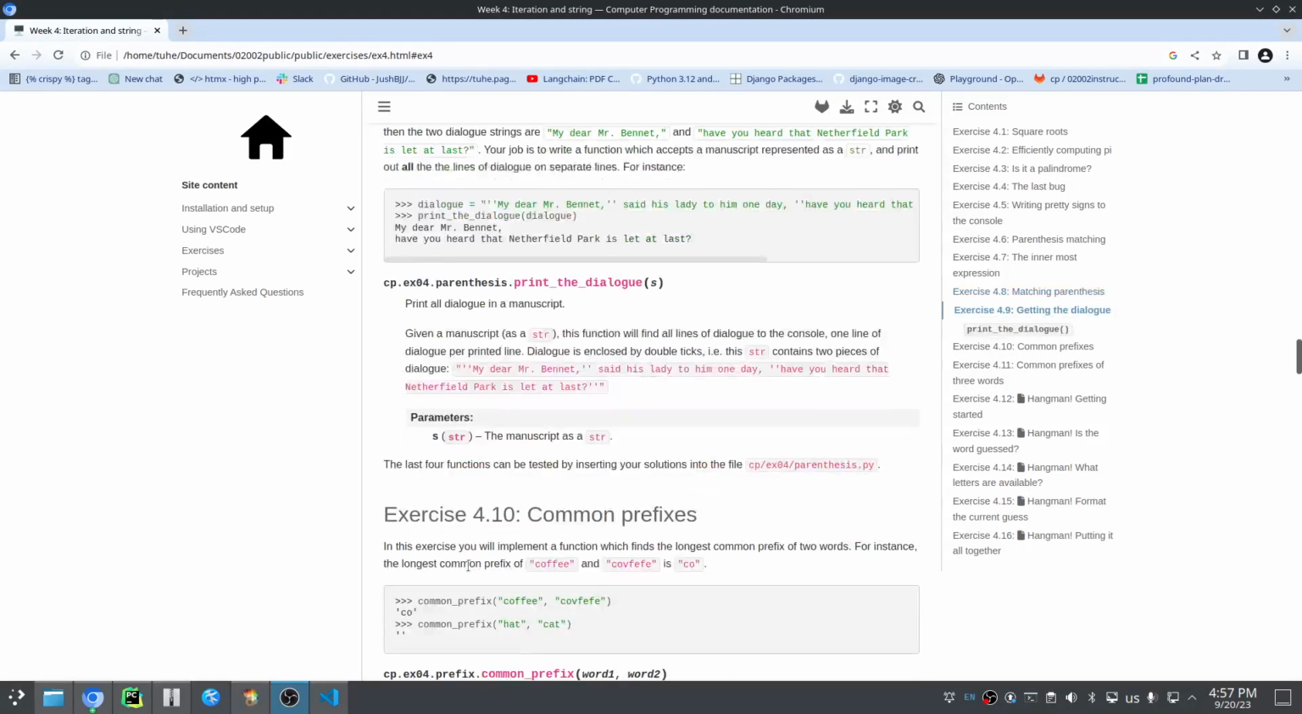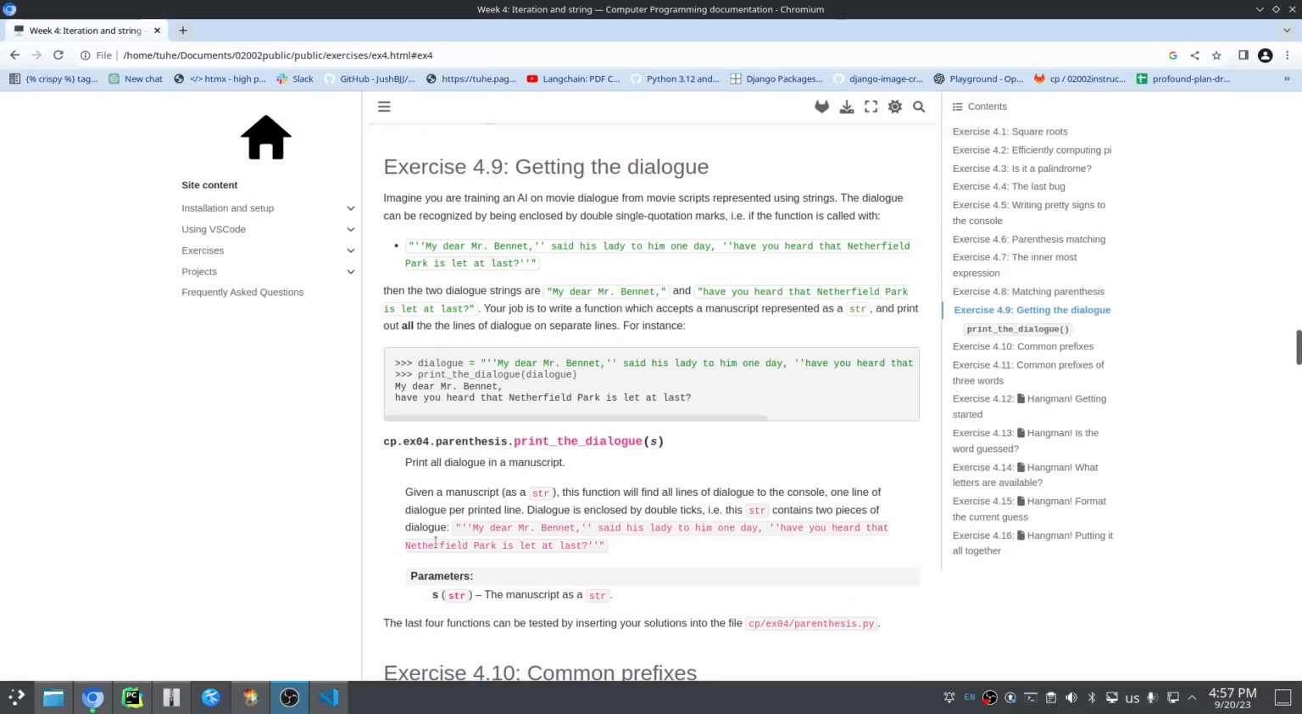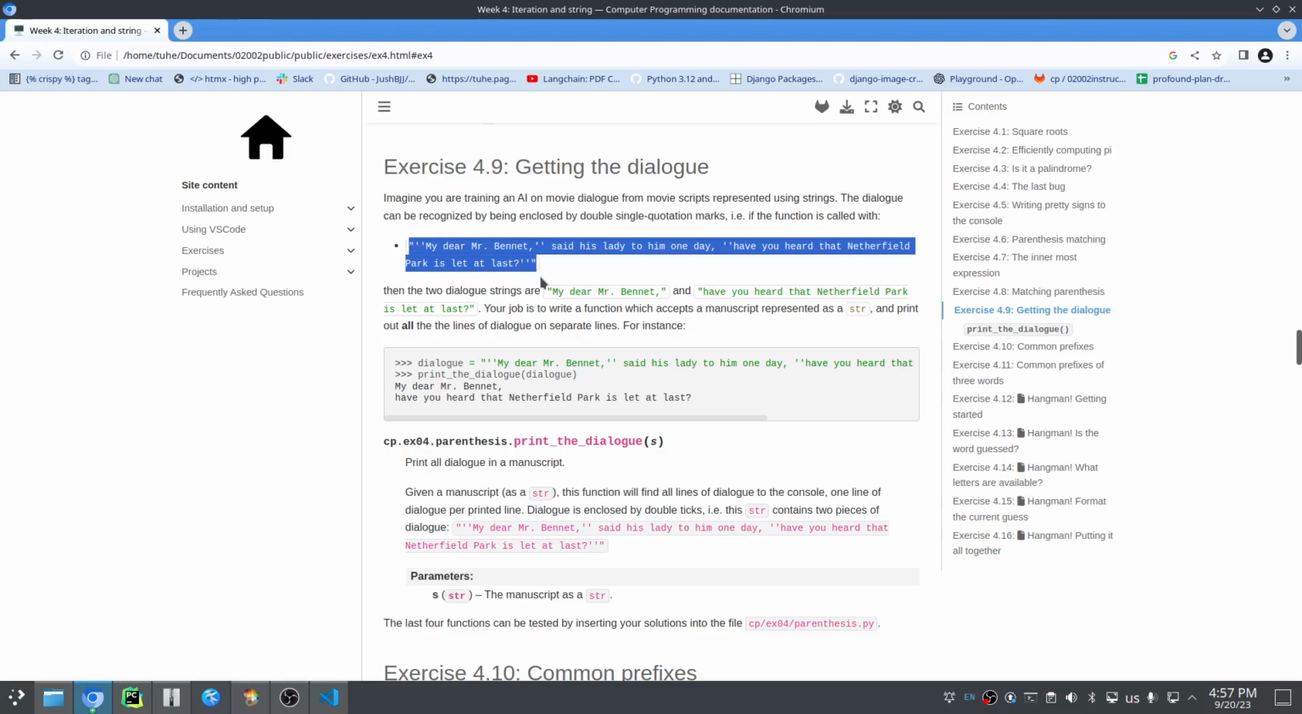Okay, so in the next one we are going to do a little bit of Pride and Prejudice. So we have some text from Pride and Prejudice. Potentially we have a lot of text. That text contains dialogue, and we are going to assume the dialogue is always enclosed by these single quotation marks, two at a time. So 2 single quotation marks indicate the beginning of dialogue, 2 single quotation marks indicate the